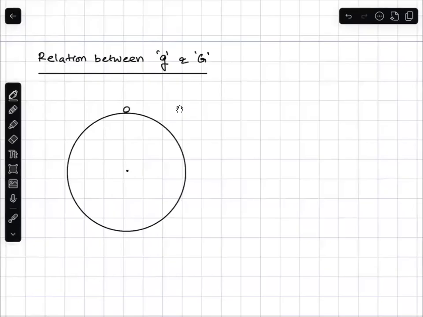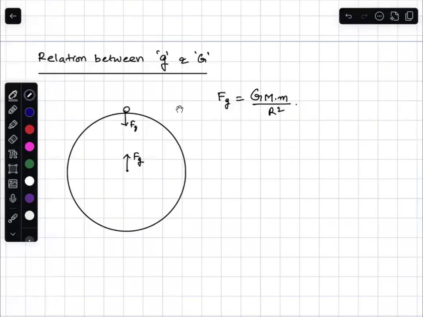Now, this object will experience gravitational force as per Newton's universal law of gravitation. What is that gravitational force? G into capital M into small m by r square. Right. You know, this force you will experience as the normal reaction force or the pressing force at that point,